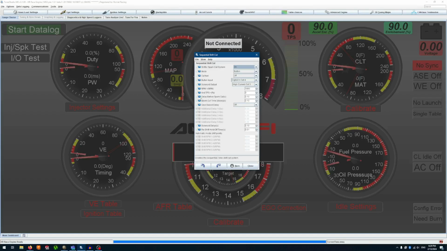Delay before spark cut. You can sort of read the tooltip and get a general idea. So the solenoid is activated immediately. This is important. The solenoid is activated immediately, and then you wait this amount of time before cutting spark. Because it's a pneumatic solenoid, it pressurizes the air, and it takes a little bit of time to get going. So it starts pressurizing it, waits 100 milliseconds for it to start going, then it cuts timing, and